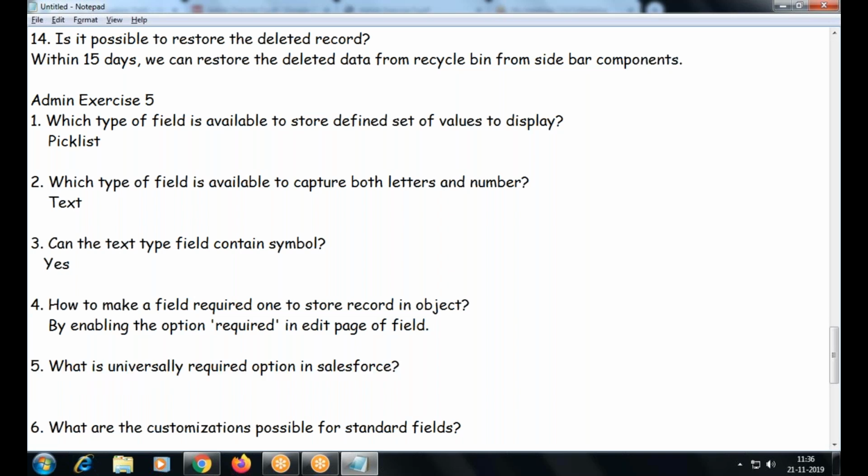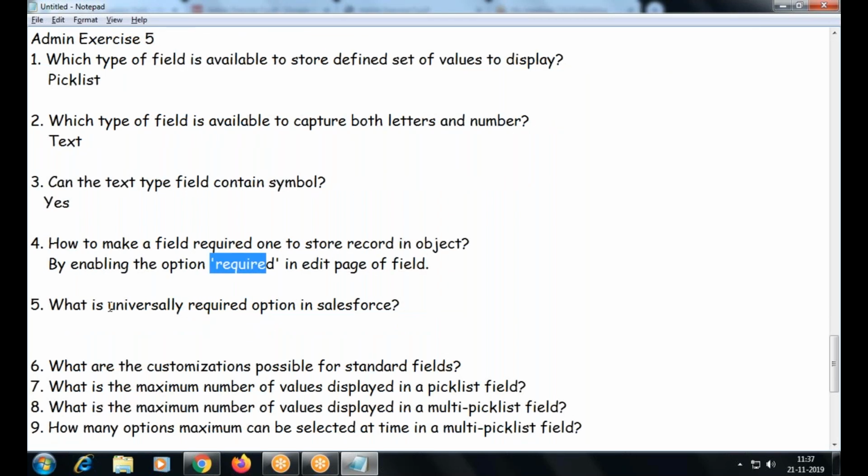It means what? If I make a record field there, you enable the checkbox, the field cannot be skipped. If you enter data through a program, or you manually enter the record, or through a web service, any external system trying to enter the data, or using a tool you upload some large volume of data, any approach you take, the field becomes required when the record option is enabled. So that option is called universally record option.